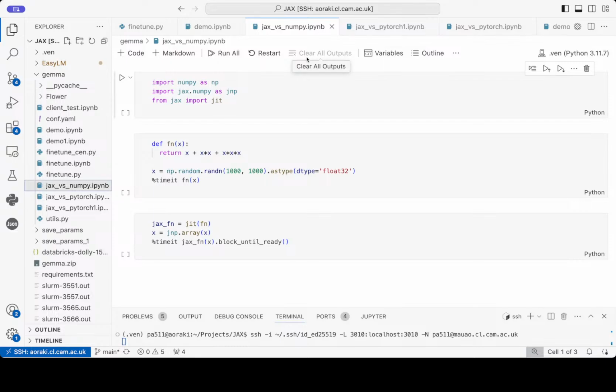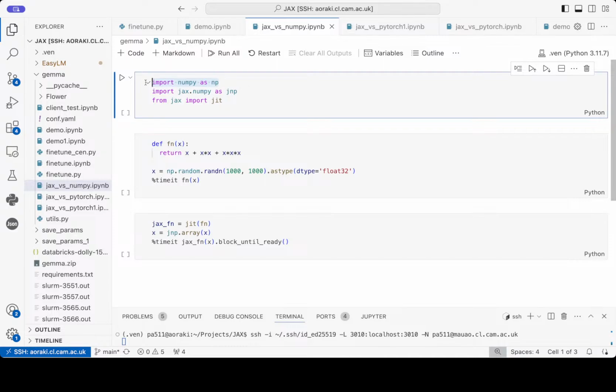Now, JAX itself is a NumPy alternative. It can also work as a PyTorch alternative, and we'll talk about this a bit later. But now I just want to gauge the differences between JAX and NumPy, just to show you where JAX shines. So in this tutorial, what I'm going to do first is this is a regular notebook, and I'm absolutely sure that most of you have seen this before. If you haven't, this is a notebook. This is a place where you can run individual pieces of code, and each piece does a thing. The language we're using here is Python, so I'm going to import three key libraries. First off is NumPy.